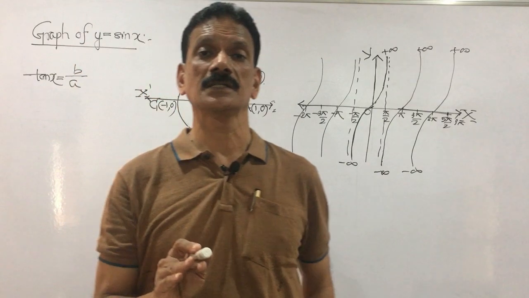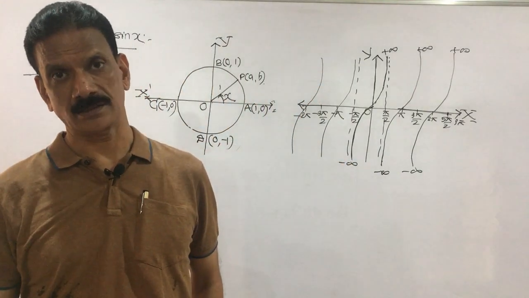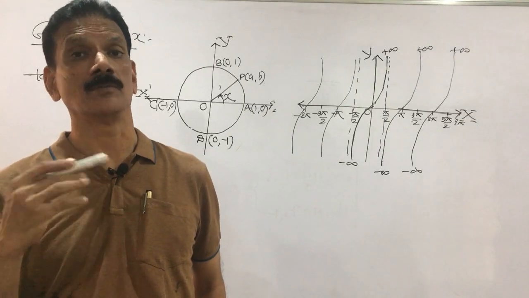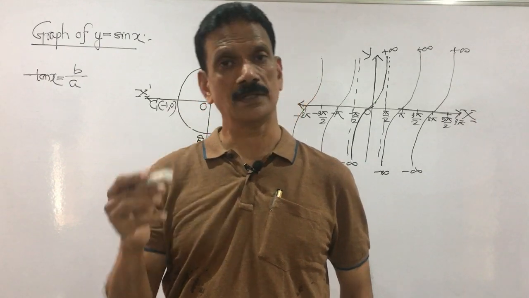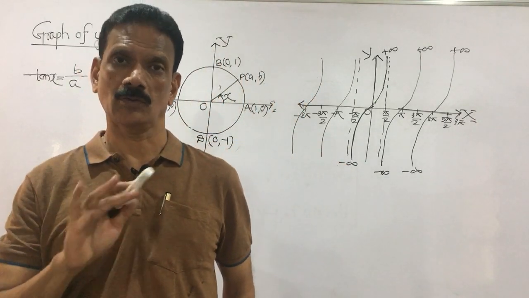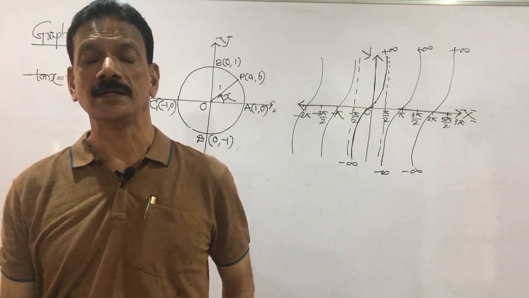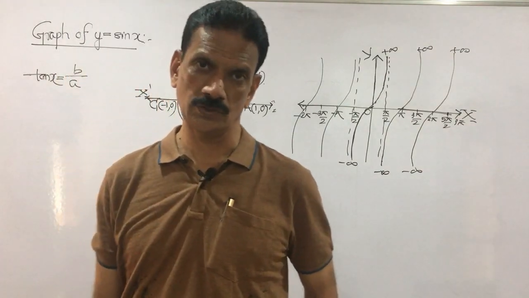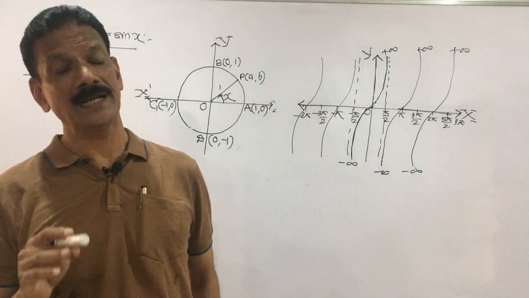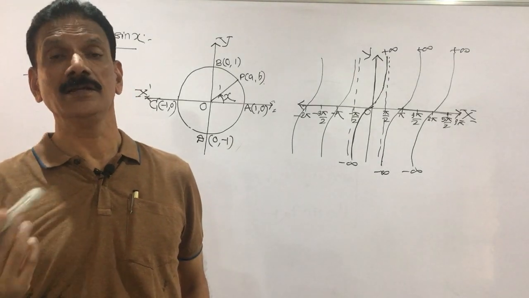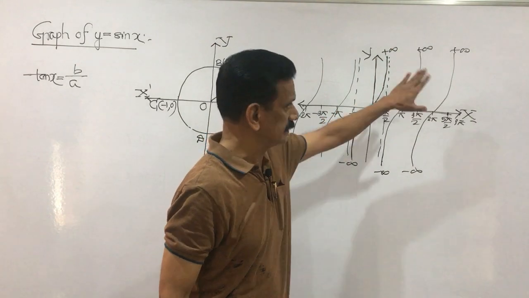So, today we have discussed the graphs of the trigonometric functions sin x, cos x and tan x. So, for sin x, the value always lies between -1 and +1, and the graph of sin x oscillates between -1 and +1, and it passes through the origin. Cos x also oscillates between -1 and +1, and it does not pass through the origin. And tan x, my dear friends, takes minus infinity to plus infinity, means any value it can take. So, here the graph goes from plus infinity to minus infinity.